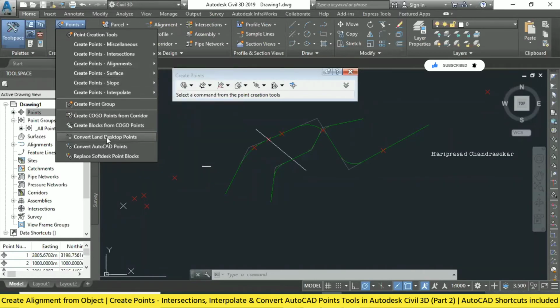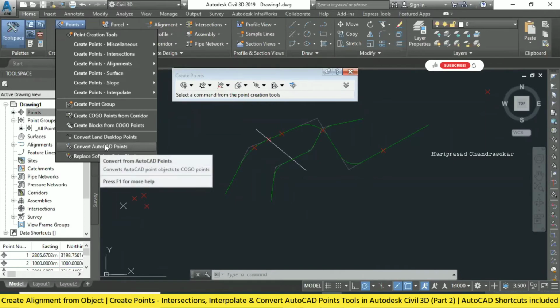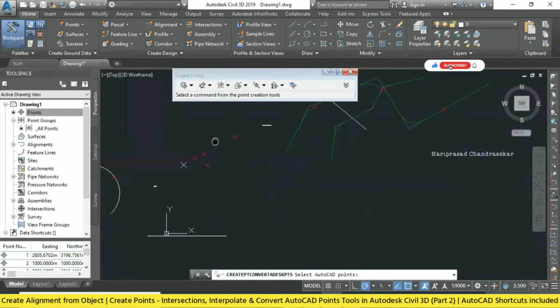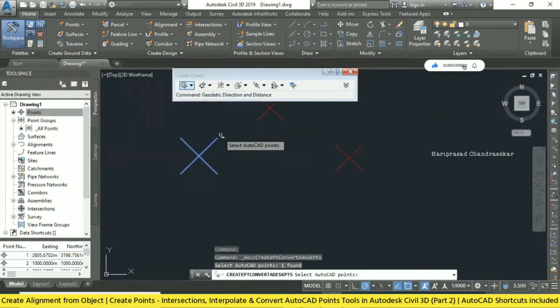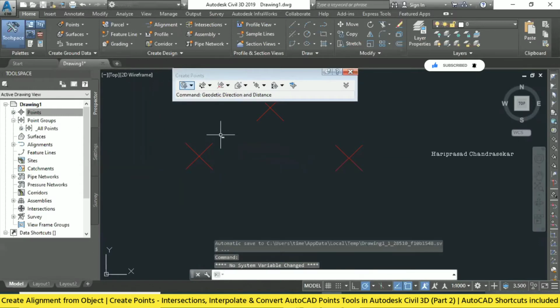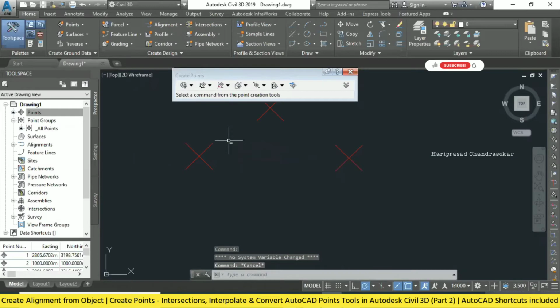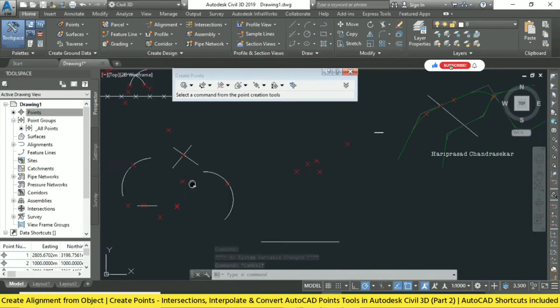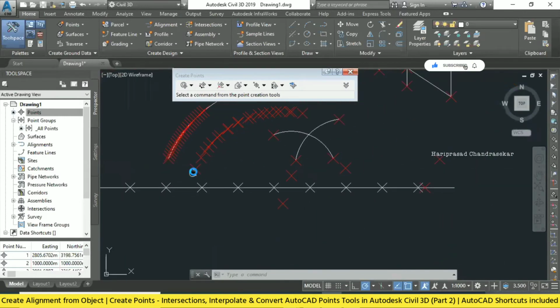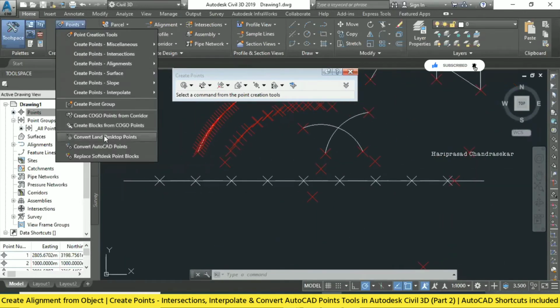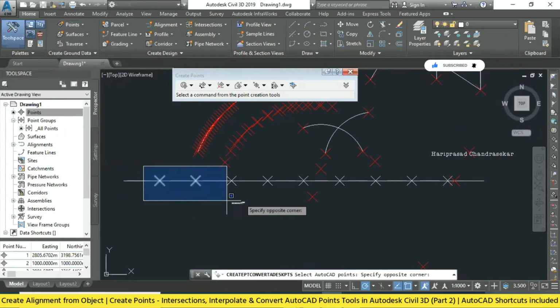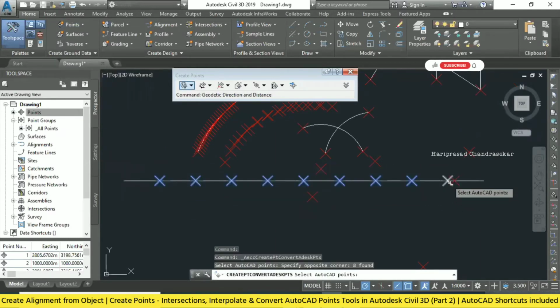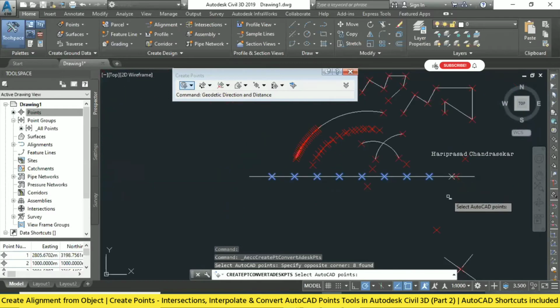Very simple, and we can also go for convert AutoCAD points. For example, I will select this point and press enter. Then it is asking for a description, and then it will be converted. See, converting an AutoCAD point to a COGO point is very simple. We can select everything, or convert AutoCAD points, select all the points. I am leaving one out and pressing enter.